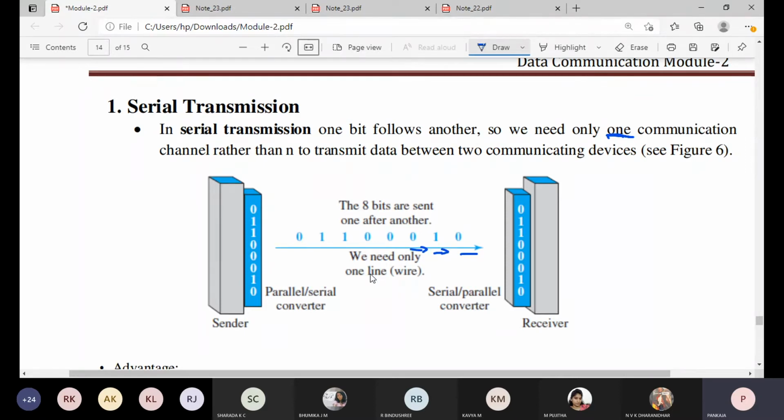But here one thing you need to observe. Even though the line used to connect these two devices is serial, within the system the data is transmitting in parallel. So here we need some device at the sender side to convert this parallel transmission to serial. In the system we are getting 8 bits of data at a time. Now I cannot send all the 8 bits at a time, so we need some device here to take care of converting this parallel transmission to serial transmission.